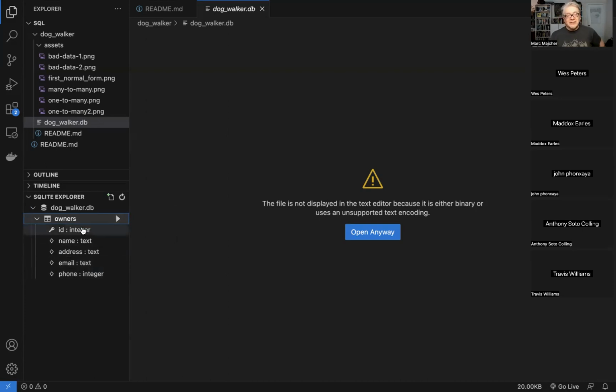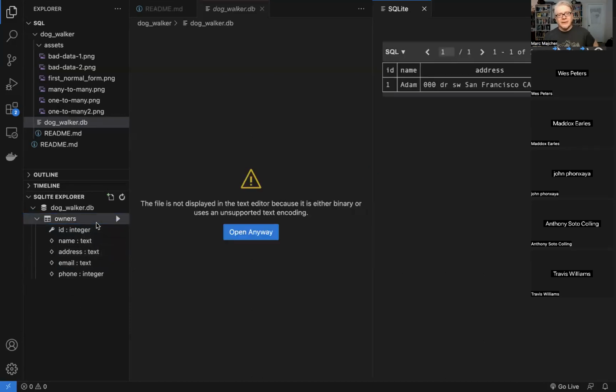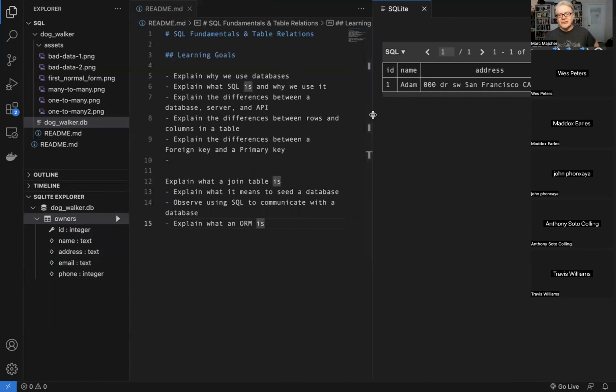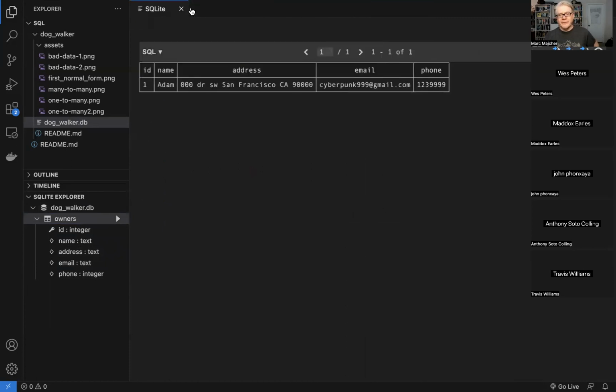So here, in this view, we can see the properties, the column names and types. We can look at the table here. We can have it show the table here. There's one thing in the table. ID 1, Adam is a name, the address, the email, the phone. So there's one record in that table.